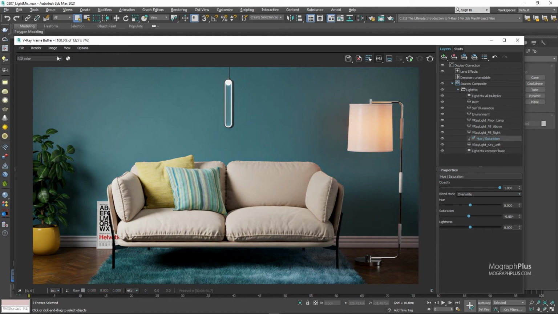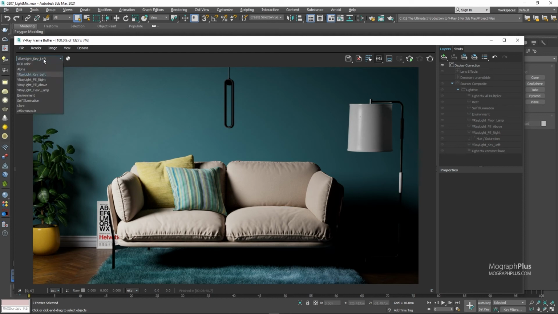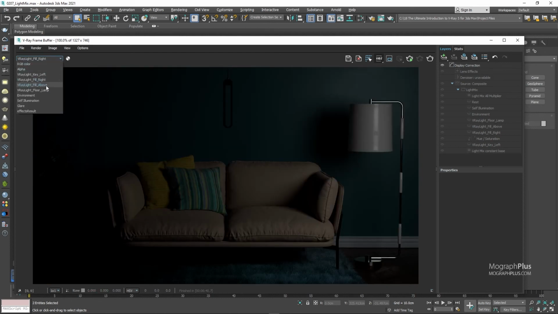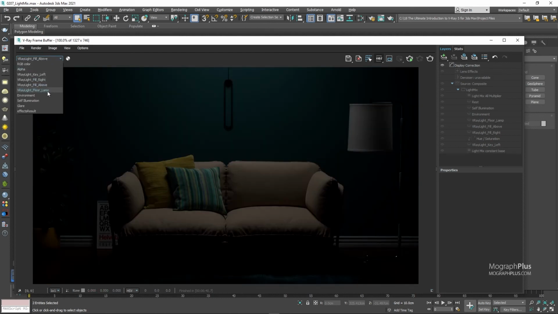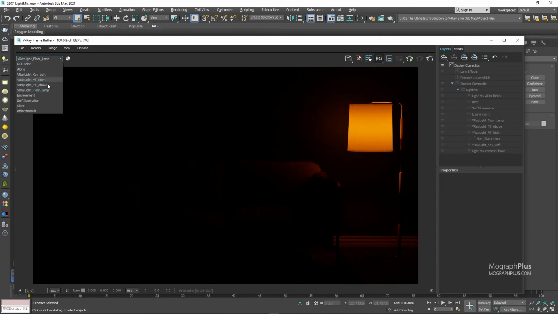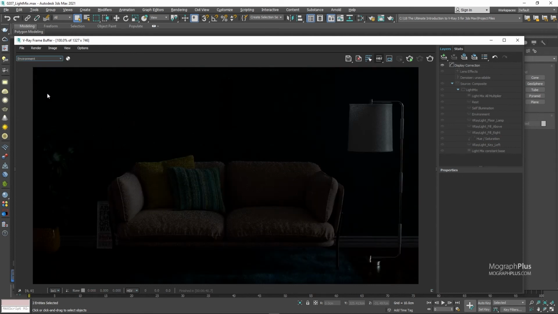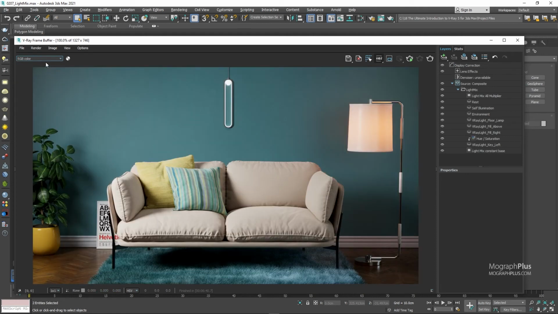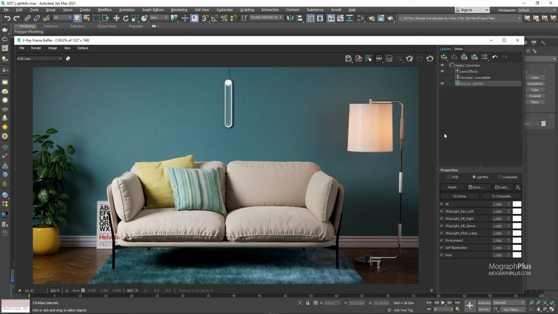The cool thing is, if you take a look at the render elements dropdown on the upper left corner, you notice you have access to all the individual light contributions as render elements, and you can explore them here. And that simply means you can also composite these layers back together in any compositing application and relight your scene in post as well using Photoshop, After Effects, Fusion, Nuke, or any other post-processing tool. We talk about that in the rendering section of the course when we talk about render elements and compositing in Fusion or After Effects. So Lightmix is really helpful for look dev purposes,